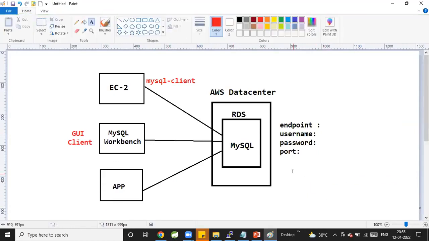The application will perform the operations in the database. Application will insert the data. Application will retrieve the data. Application will update the data. Application will delete the data. What is the application going to do? It is going to interact with the database to perform the operations. Now guys, tell me,